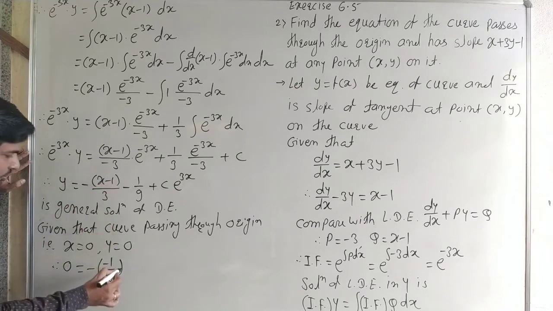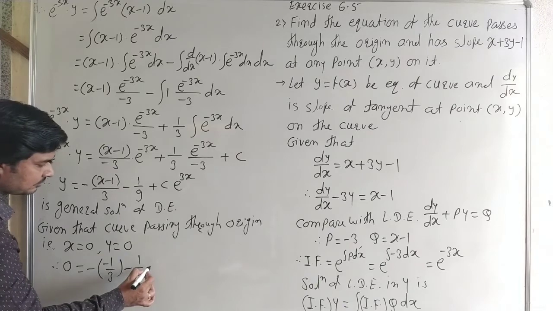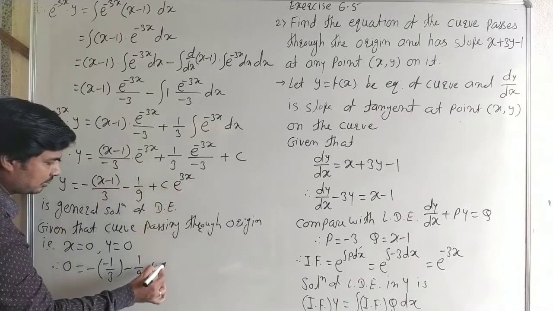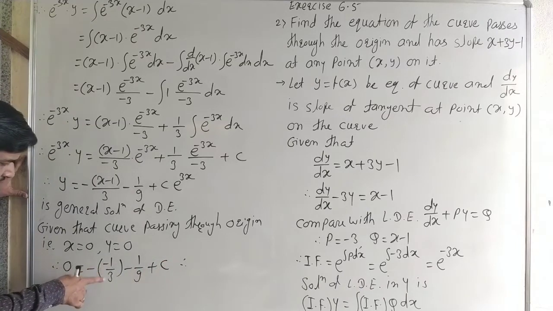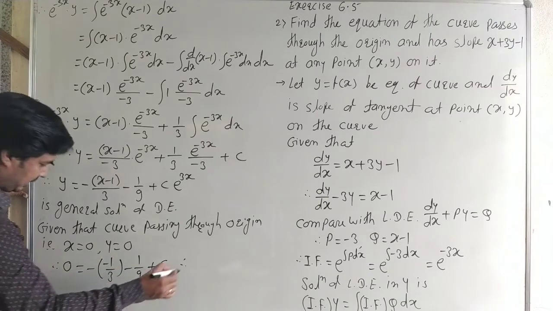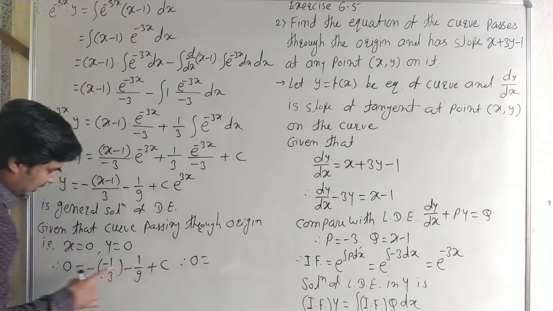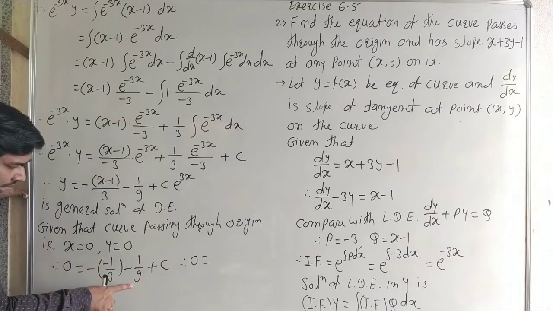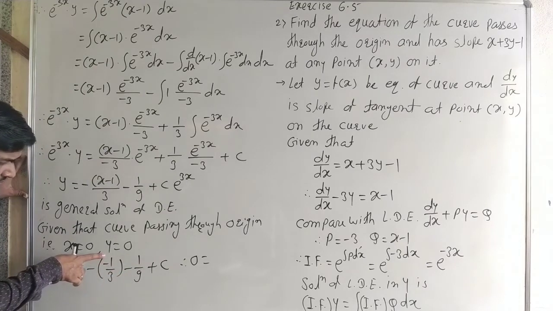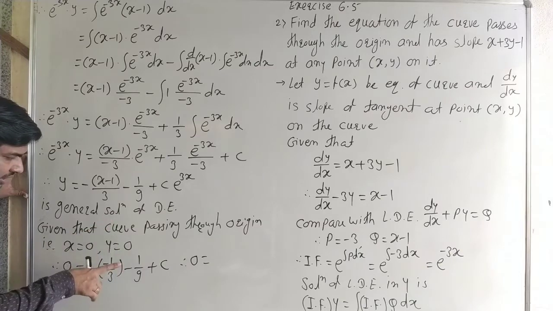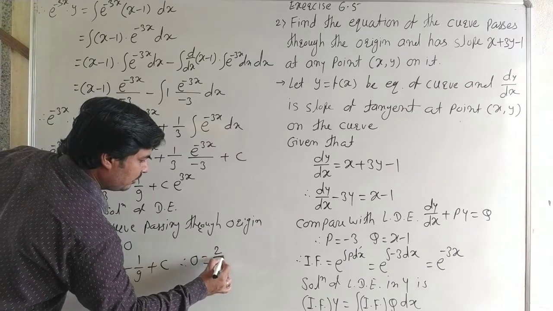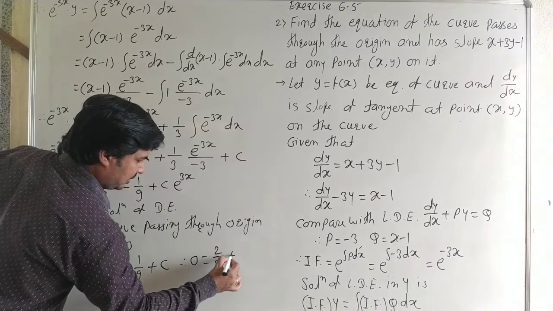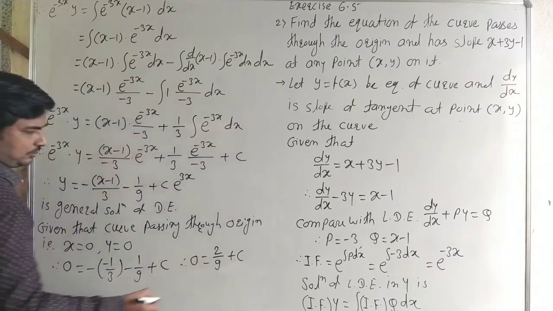We put x is equal to 0, minus 1 by 9 plus e to the power 0, that means it is c. Now take the calculation. Therefore here it is a plus 1 by 3 minus 1 by 9. Here it is a 9 minus 3, it is 6 upon 27, and 6 upon 27 means 2 by 9 plus c, and therefore c is equal to